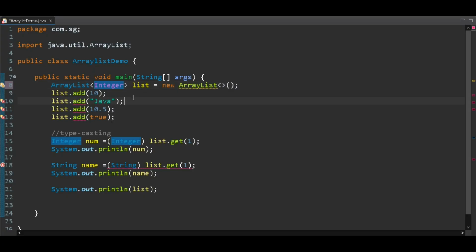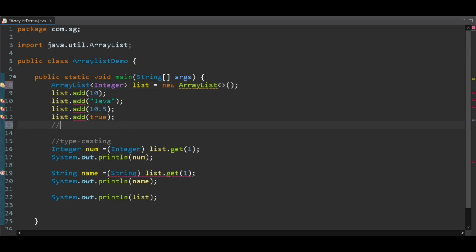And if we specify string type instead of integer, then the array list allows to store string values. Okay. Similarly, if we specify double, character, boolean and long type, then it will store data accordingly.